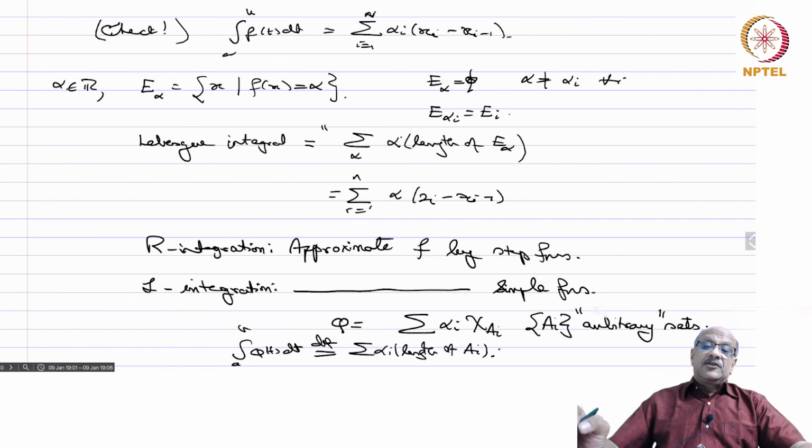Now here is the catch. What do we mean by the length of A_i when A_i is not an interval? I got a very big generalization by looking at simple functions, but I do not know what is meant by the length of A_i. That is where we come to the theory of measure. We have to generalize the notion of the length of an interval, area of a square or rectangle, volume of a rectangular parallelepiped in 2 and 3 dimensions respectively, to length, area, volume of arbitrary sets.